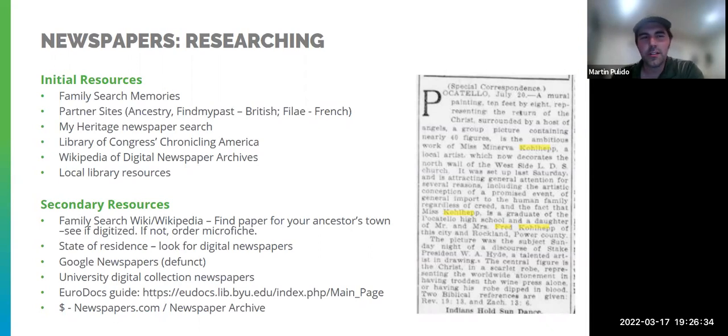Okay, so those are a lot of your initial resources, and don't take them for granted, as many of them are very excellent. There's definitely a bunch of secondary resources too, some that you can pay for, others that you don't need to. I know the FamilySearch Wiki and Wikipedia both will often point you to university library collections that have digitized newspapers from their communities, involved with the state university, and you can access them in many cases for free. So don't take that for granted.